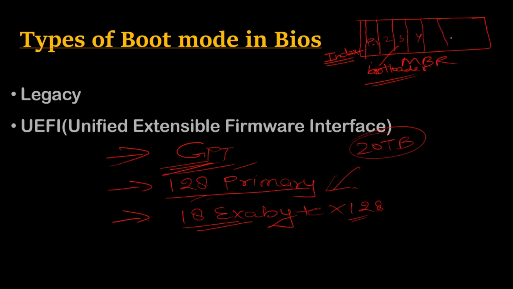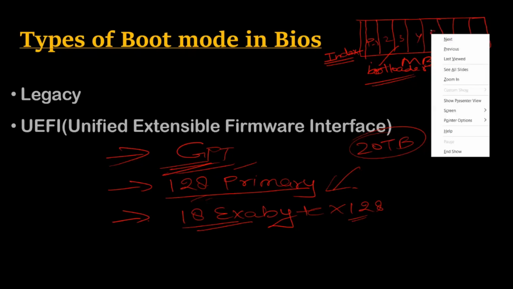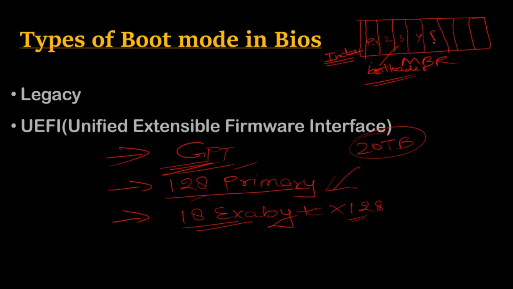Then the physical partitions are what you created and want to use to place the data. The four partitions, partition 1, 2, 3, and 4, are physical partitions. Here you can place your data. This is the MBR. In GPT, what do we have? If I draw this for GPT, here we have, first, the protective MBR.